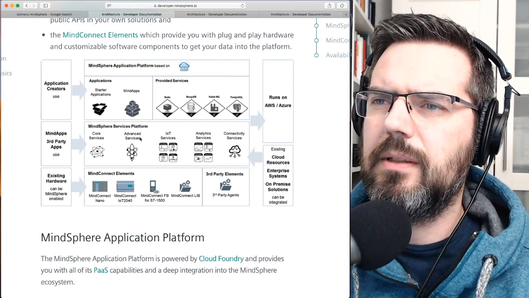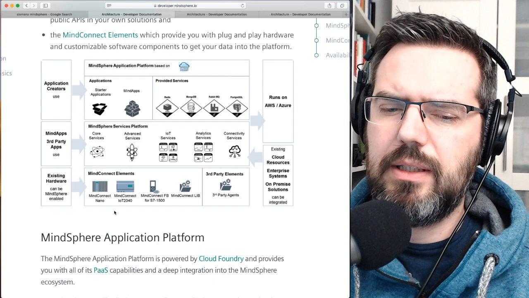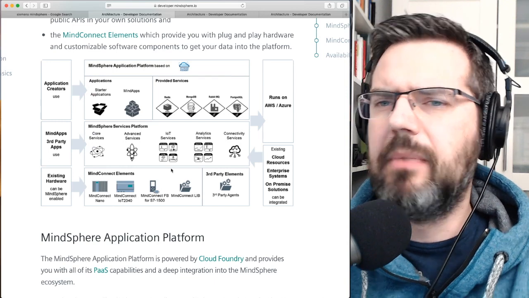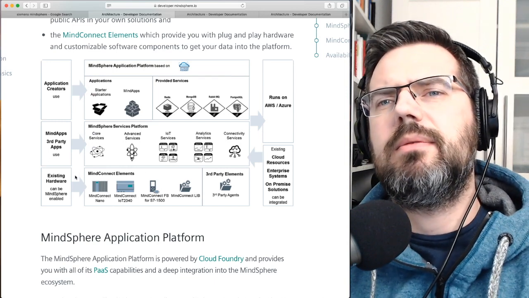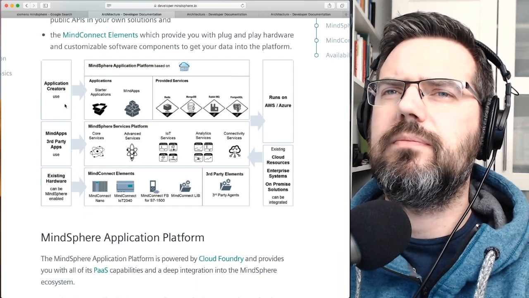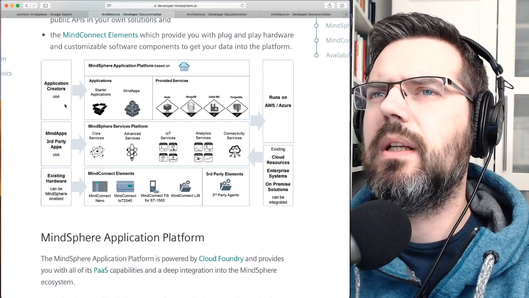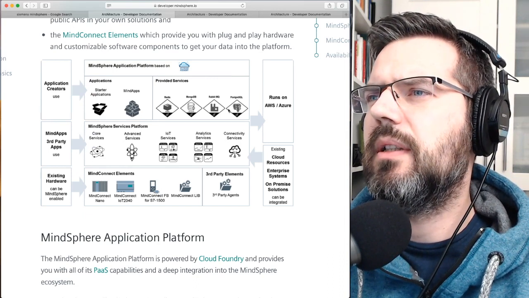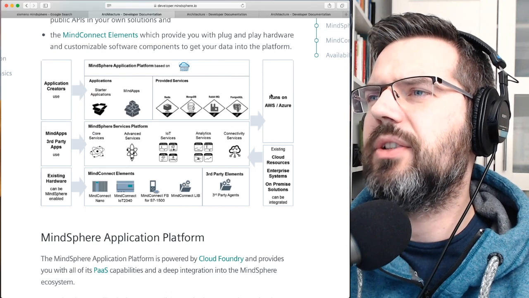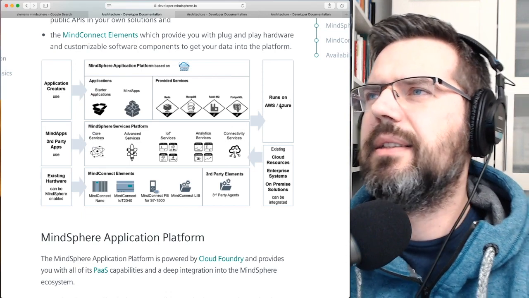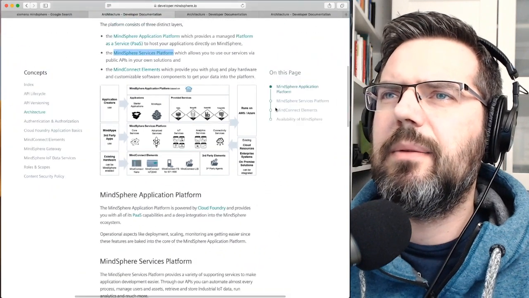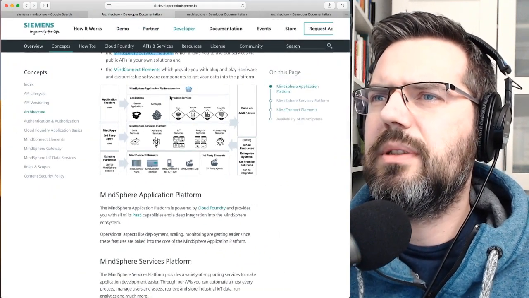Okay, Mindsphere Connect elements. Okay, existing hardware. Okay, runs on AWS or Azure. Aha, okay.